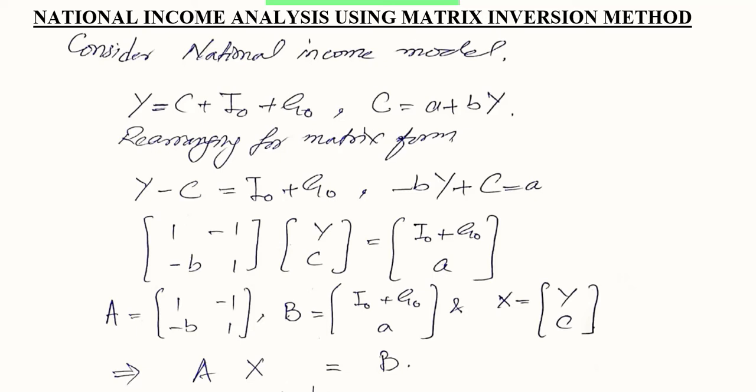And then we have this equation. This is also rearranged, and plus by becomes minus by. C becomes as it is because it is not shifted, and a remains on the right hand side, so it also remains the same. Now we have this placement in which y is to be written first, its coefficient, which is 1,